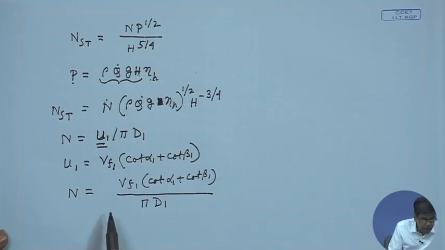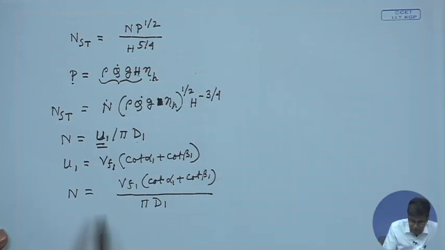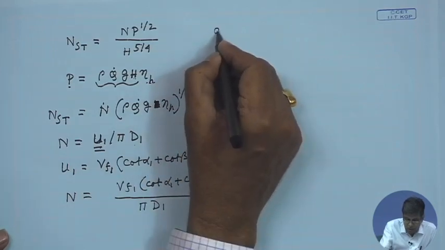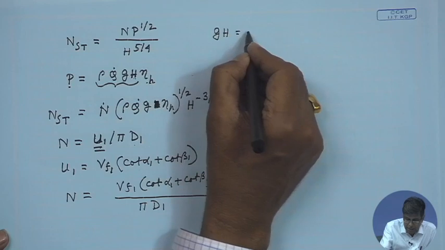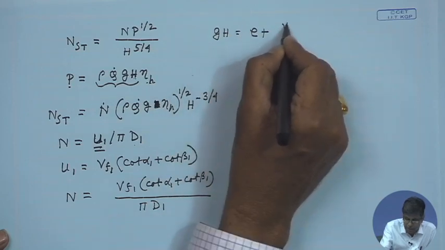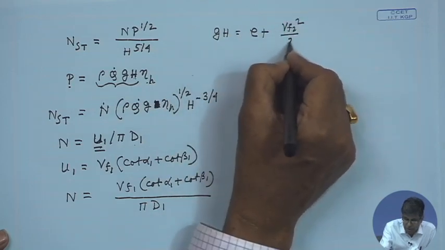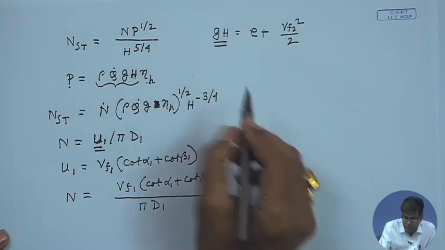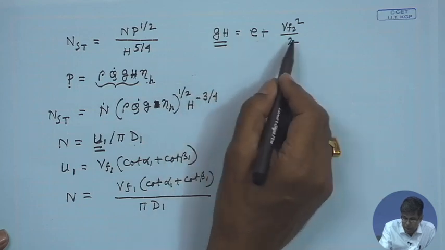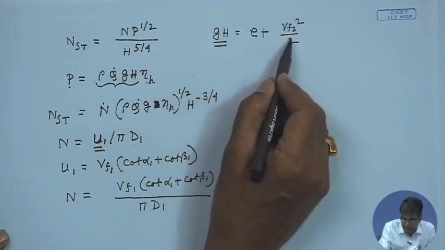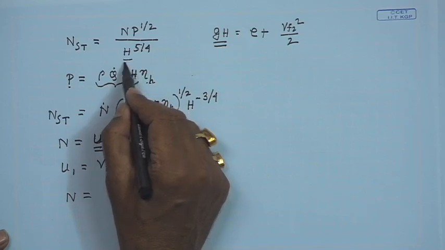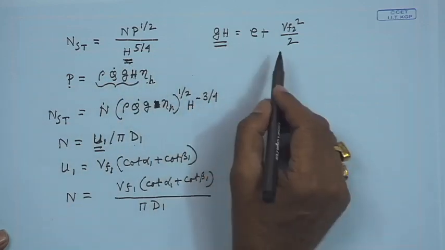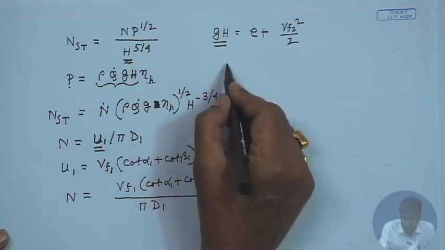Now, before substituting, we have to find out the value of H. Now, we know gH already, E plus V. How do you know that? Because earlier we told that the energy per unit mass that is supplied to the fluid or available to the turbine by the fluid, by definition, this is the H, that is in terms of head. So, gH is E plus Vf2 square by 2, then H is equal to